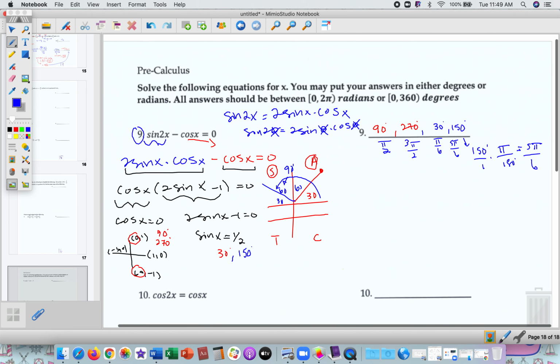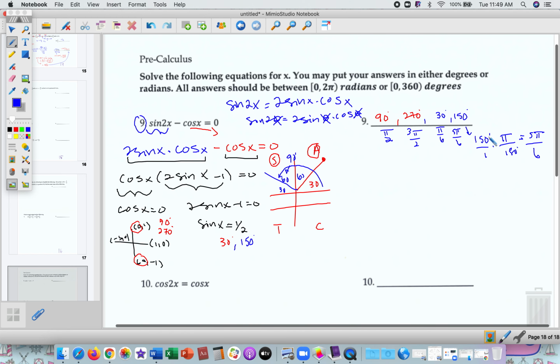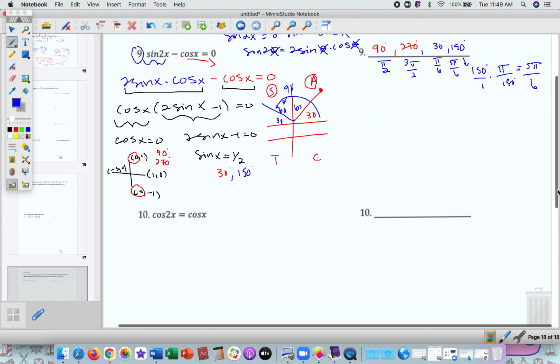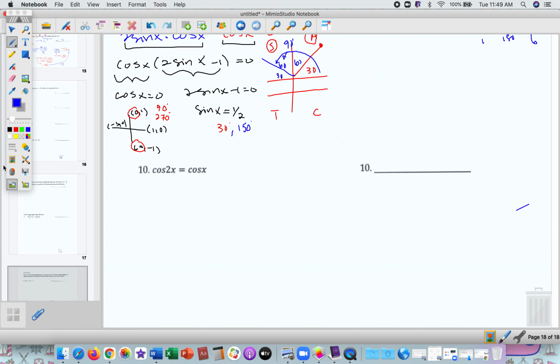If we look at this next one, let's scroll down a little bit. It says cos 2x is equal to cos x. What is x? Again, if we go to our identities, we'll replace cos 2x with some expanded expressions. So let's get cos x all on one side. We'll have cos 2x minus cos x equal 0. Now cos 2x or cos 2 theta,